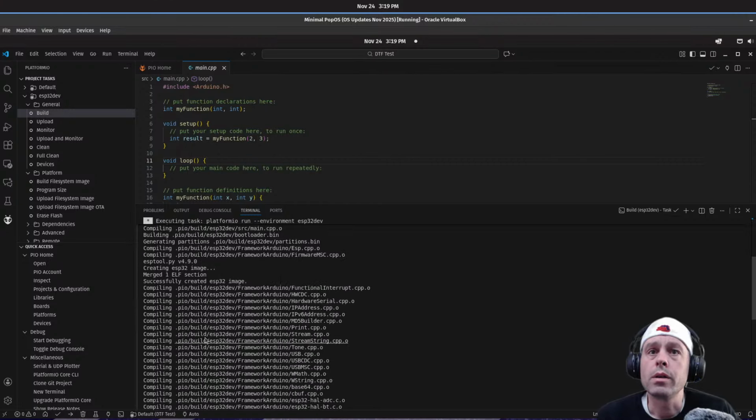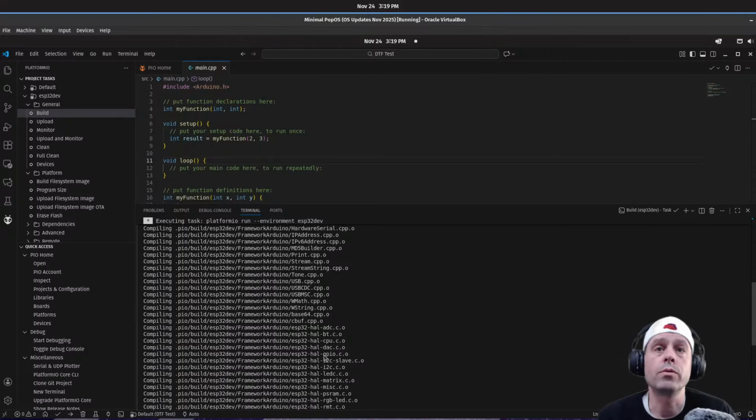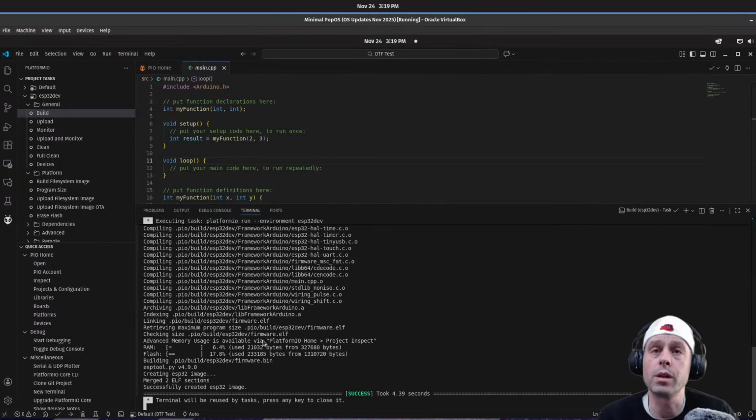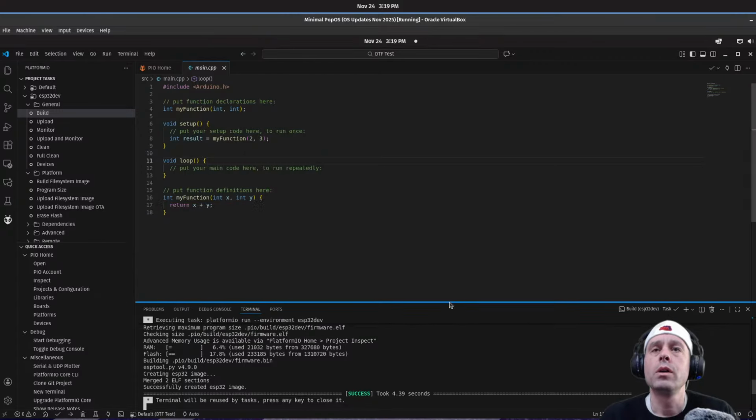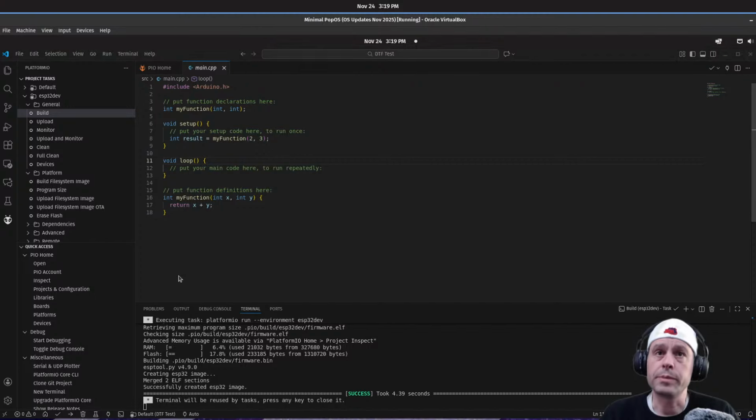Compiling. Okay, this is in my local. Okay, so I'm sure anybody that's a PlatformIO expert is going to watch this stream and just cringe at my inability to understand, or my inexperience. Really, I have a great ability to understand it. I'm new to PlatformIO. So let's look at this really quick.